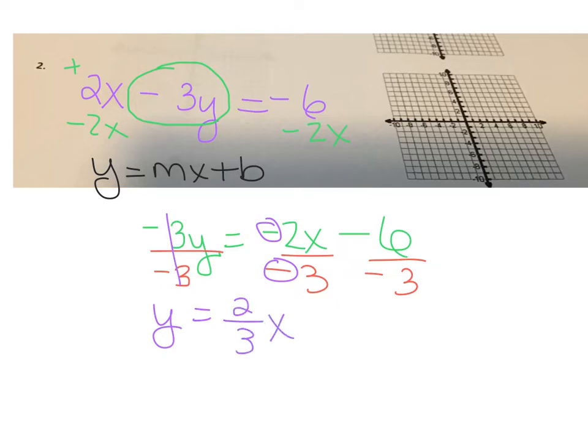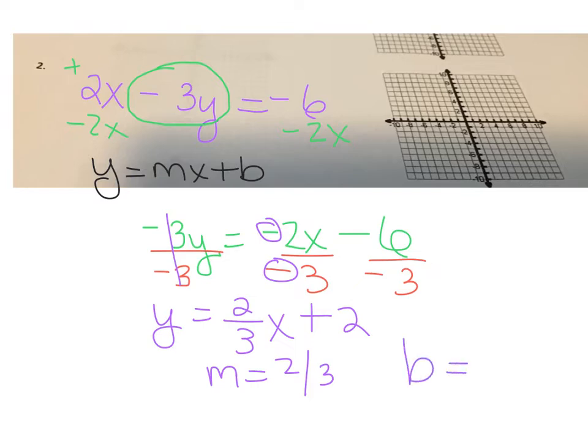And then negative 6 over negative 3, 2 negatives make a positive. 6 divided by 3 is 2. So this is plus 2. All right, so now what happens? We have the slope of 2/3 because that's what's in front of the x, and we have a b